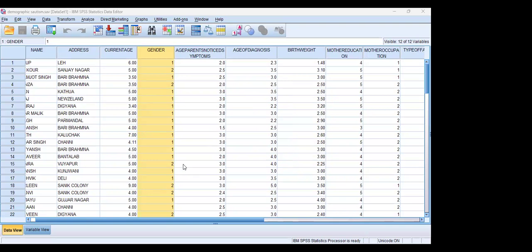It's not visible? Okay, wait. No, ma'am, the chart is not visible. No worries, I'll share it again. SPSS is very hard to share and upload. Wait a second, I'll upload it again.